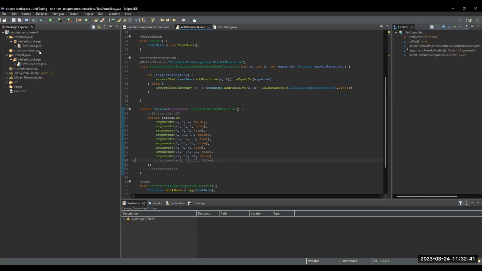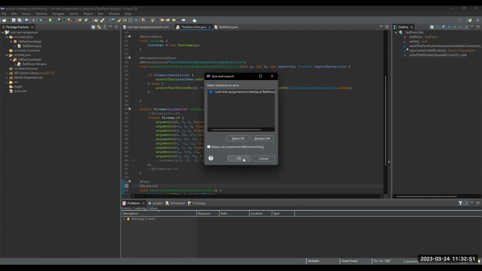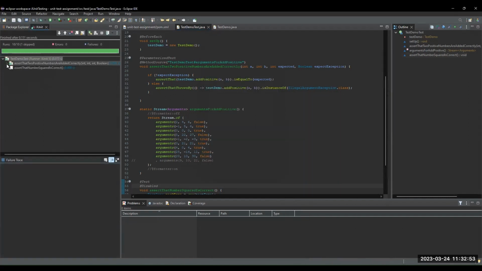So if we run this, disable this real quick. And we're going to run a JUnit test. As we see, all these run the code correctly, but if we uncomment this and run it again,